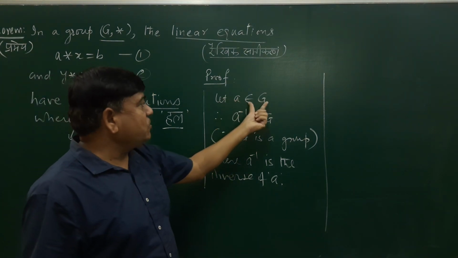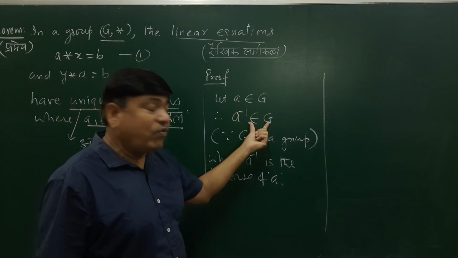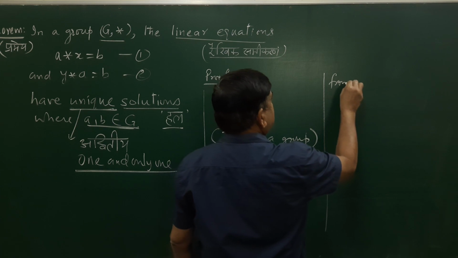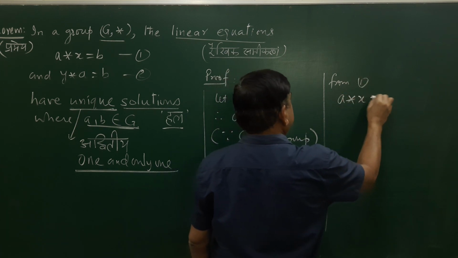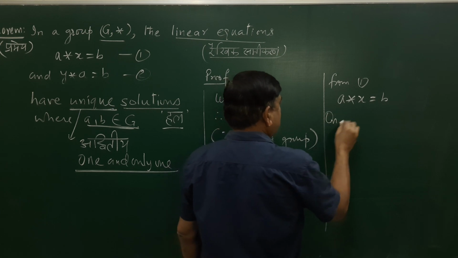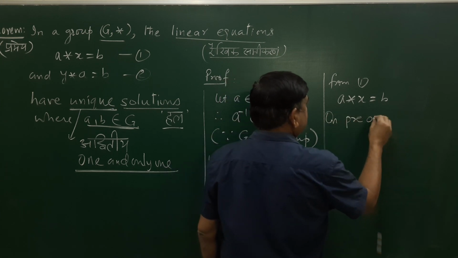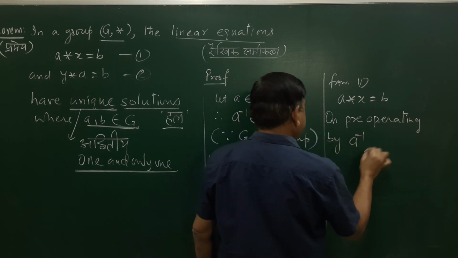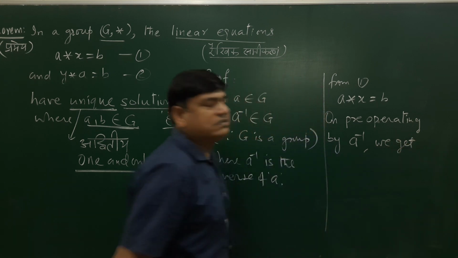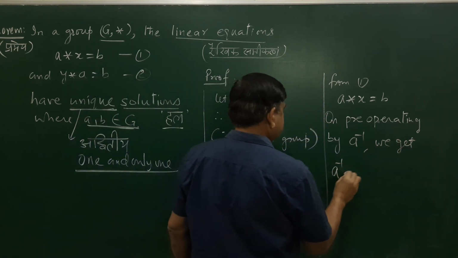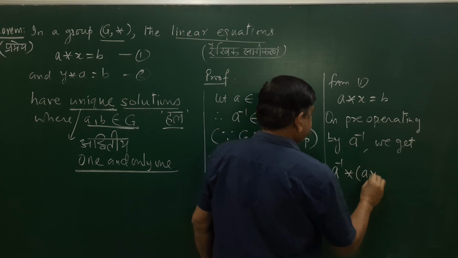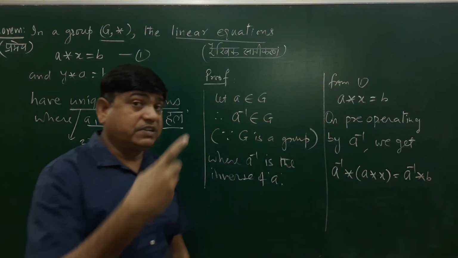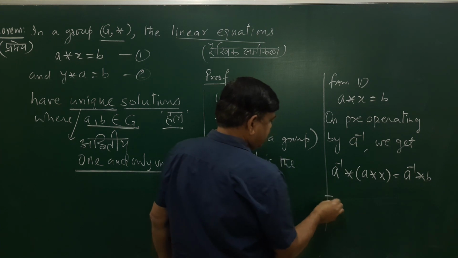So how to write? Let a belong to G. Therefore, a inverse belongs to G. Why? Because G is a group, so the inverse exists. Now from the first, what is the equation? Pre-operating both the sides by a inverse, we get